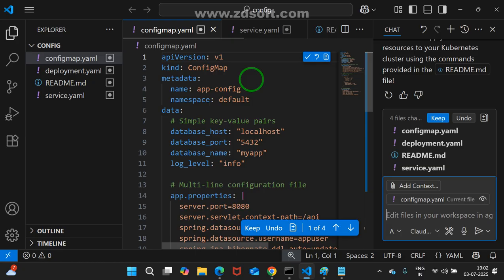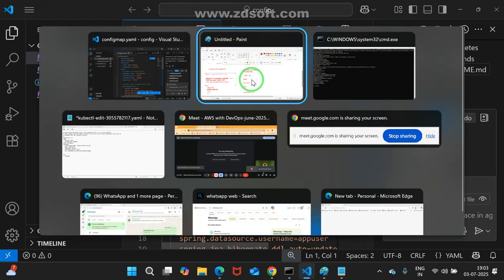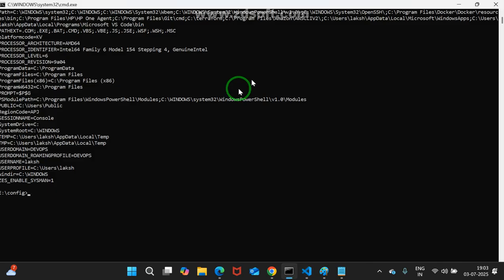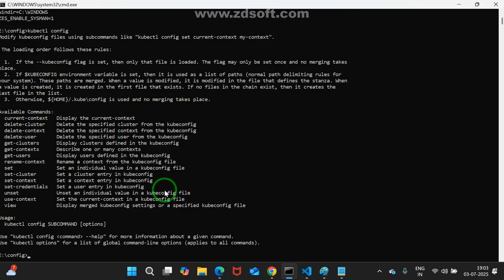Mention yes. Then we have to write one extra command, kubectl config. What is the meaning? I want to configure kubectl config. Shall we see that one first? Again, we'll come back here. kubectl config. First, I am going to enter that, kubectl config. See, are you able to see?